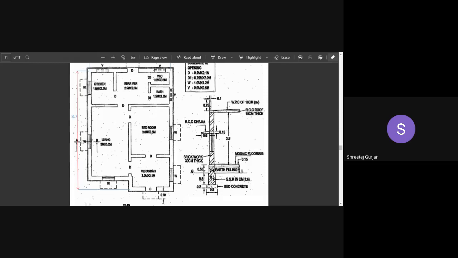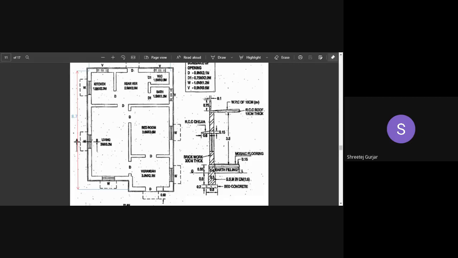This is section AB. Here they have taken a section AB and they have shown it over here. So this section AB you can see is 30 centimeter thick because the section is of my external wall, right? So it is cutting through this window also. So this window can be seen, your chhajja can be seen.